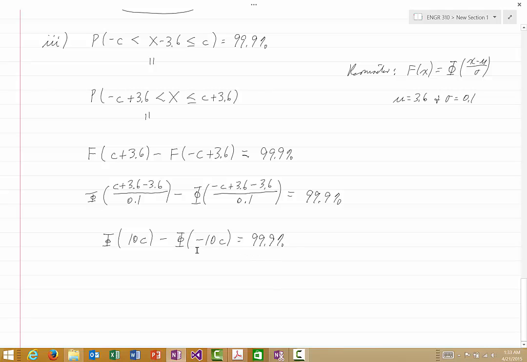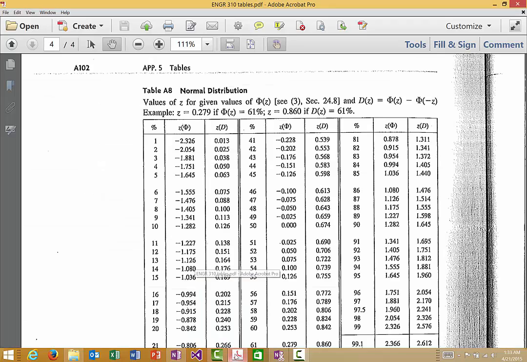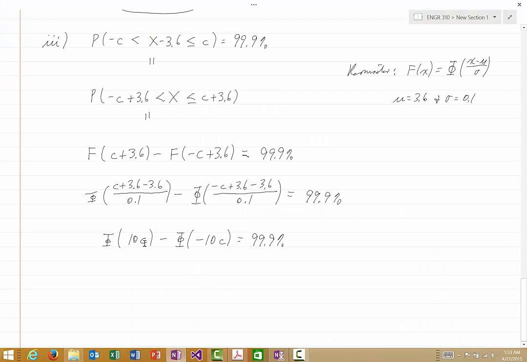And now that we have this in terms of the phis, then as we said a moment ago, we come back over here to the tables and notice that phi of something minus phi of the negative of that something, phi of z minus phi of negative z, is exactly this function D of z. So we can come back over here and say that this phi of 10C minus phi of negative 10C is the same thing as capital D of 10C. And that's equal to